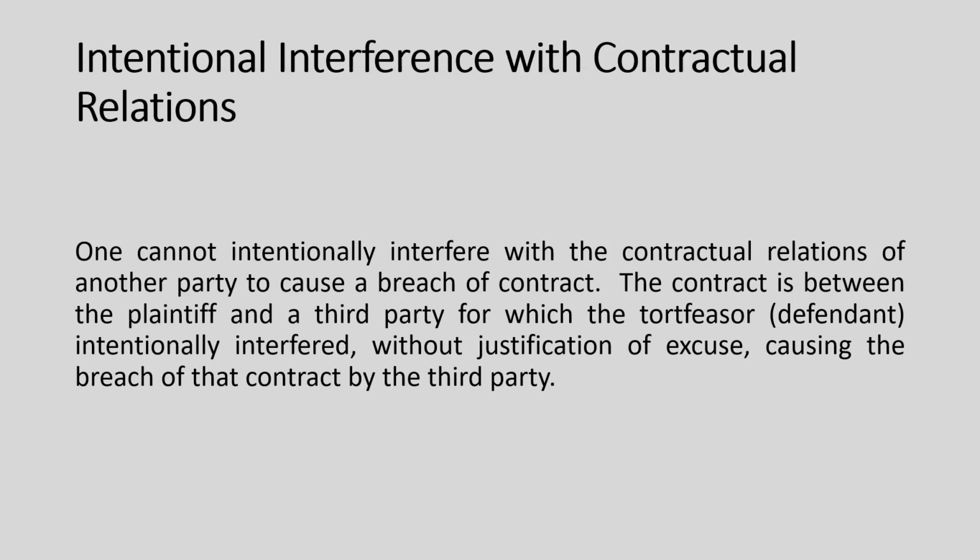Now, what's required first is the existence of a contract and knowledge by the Clydes or Claras of the world that that contract exists. And their interference is designed to interrupt or damage the party's relationship and encourage the parties not to continue with the performance of their obligations to each other.